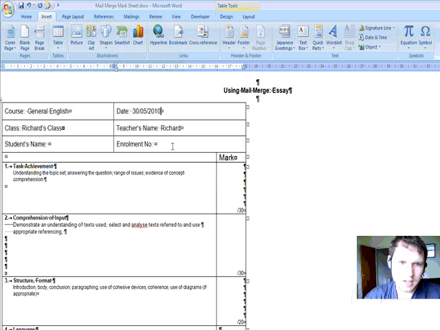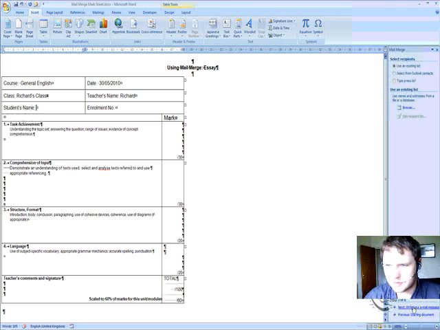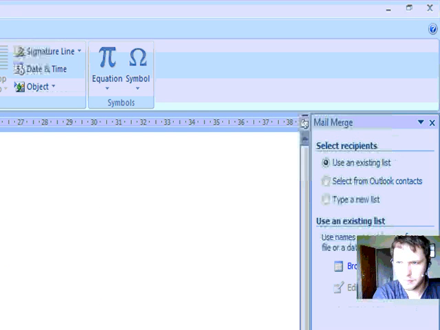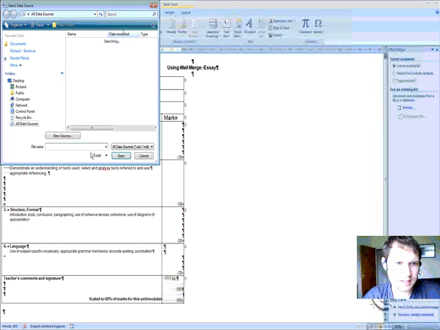There you go, and Word will insert that information for you. Or if you want to put the date of the actual assessment, you can just type it in. Next, we're going to use some of the forms from our Excel spreadsheet, and here you can see select recipients there. So now I'm going to use an existing list. So if we browse to that list,